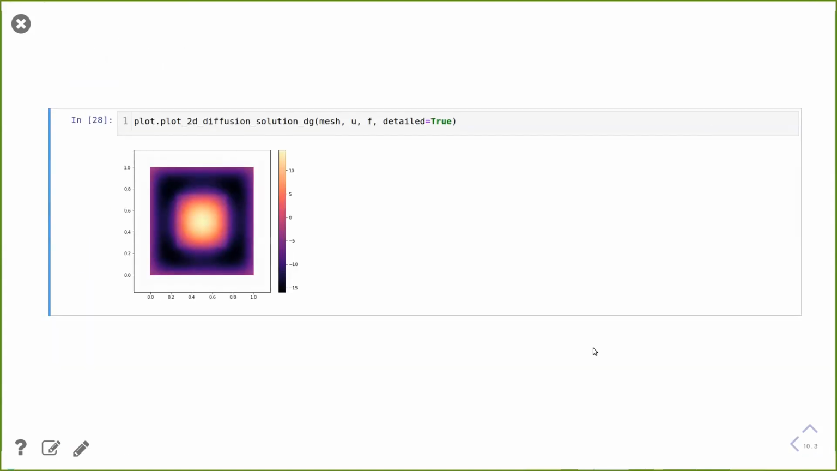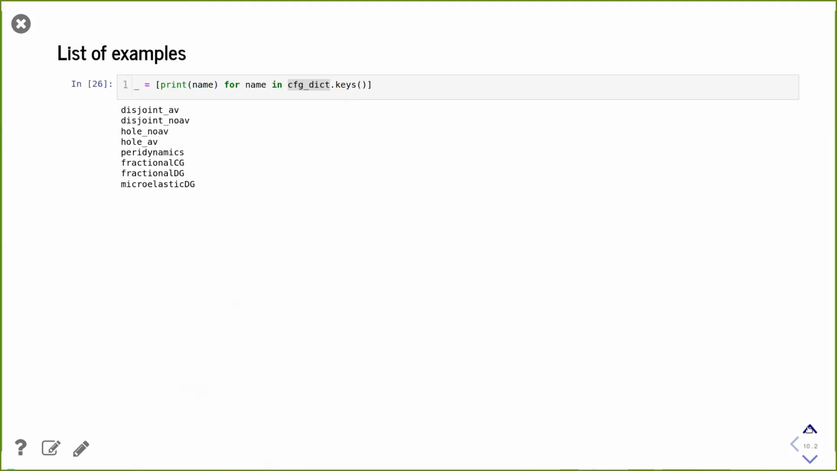And here you see the example from what I just computed. So here you see the jump, which is in the solution, which came from the right-hand side. Okay, so that was it from my side